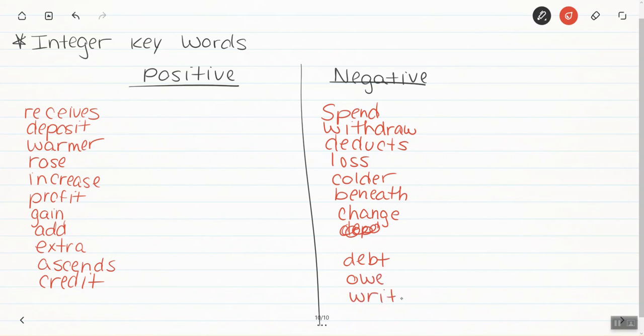So if you ever hear somebody writing a check, and then charge. So these are just some examples of keywords, and we're going to continue to work on these and add to this